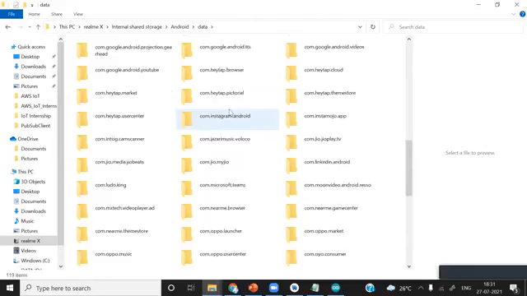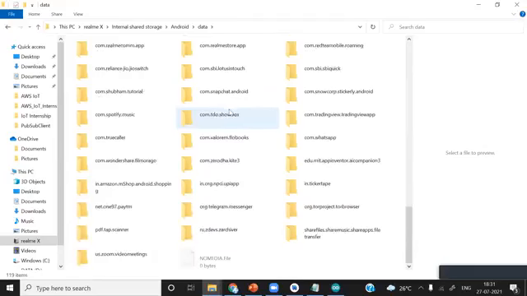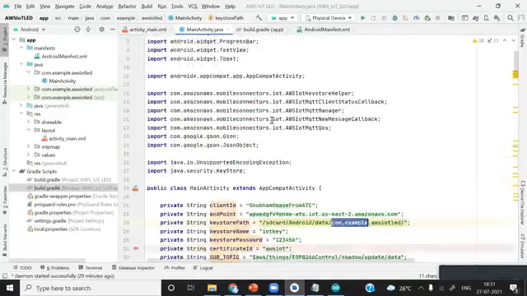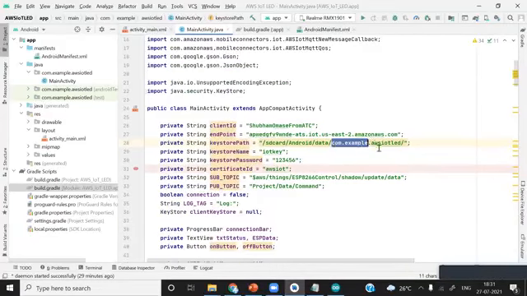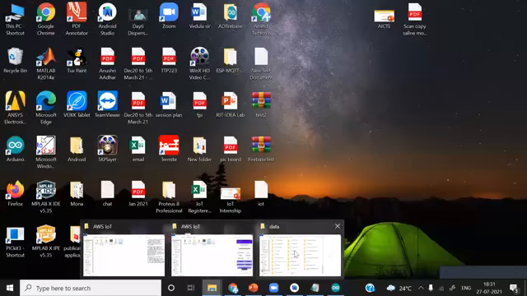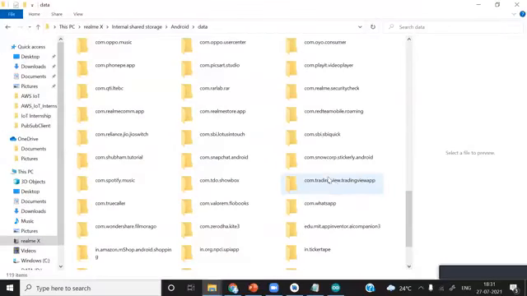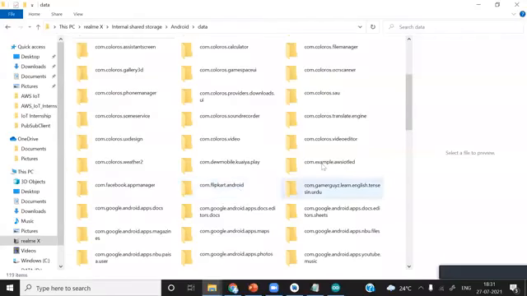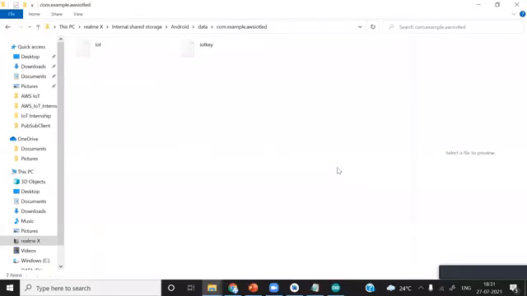Just simply find the application. In our case it is, I think, com.example.aws IoT LED. So I will find this one. I already have created it. You can see here com.example.aws IoT LED. You have to create this folder, and I have already added this one.